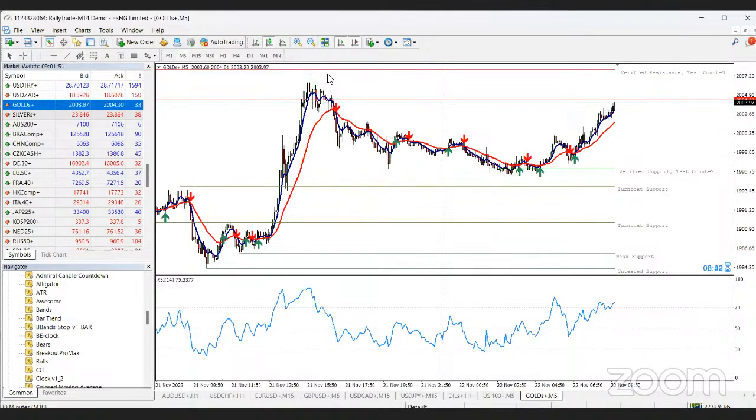Let's look at it on the 5 minutes time frame. You can see that price is actually rejecting this zone, this region here. So it's most likely going to try to push up here to this verified resistance and start selling downwards. Now, two things are involved. This looks like it's going up, but it's currently overbought. So you can buy, but me personally, I will not recommend it.